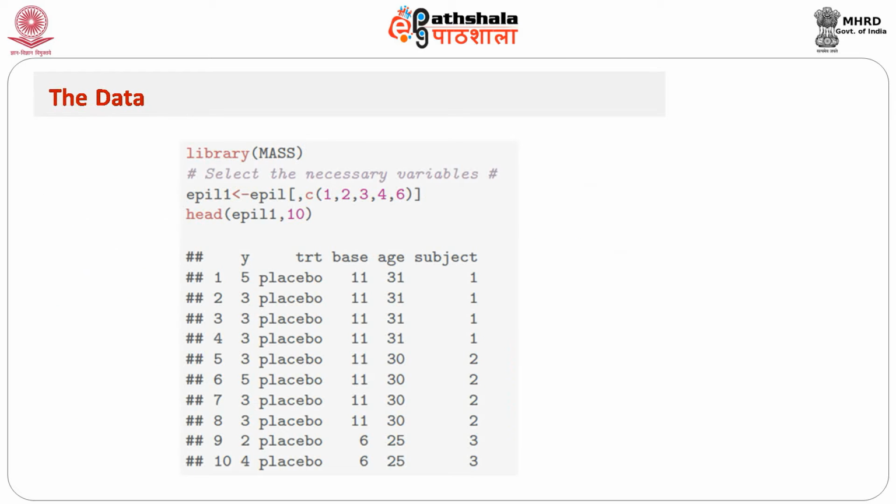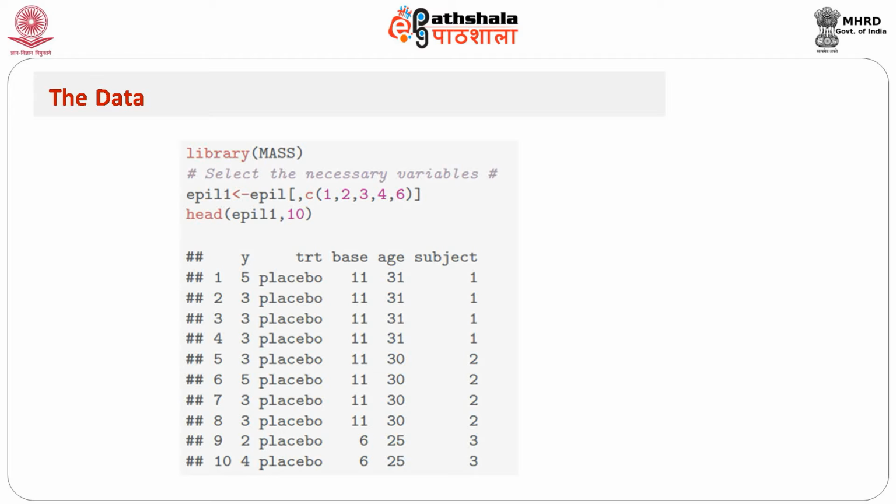Now, to load in the data, let us call the library MASS. So, we can do that by specifying library MASS here, and once we call the library MASS, the MASS library is loaded and attached. So, now we have the data APIL in it, but we won't be working with all the variables of the data. So, we would be selecting the variables that we need for the analysis and store it in a new data frame called APIL1. So, we have APIL1 is APIL, and within square brackets the column numbers with a comma in front, meaning that we are selecting all rows with the following column numbers.